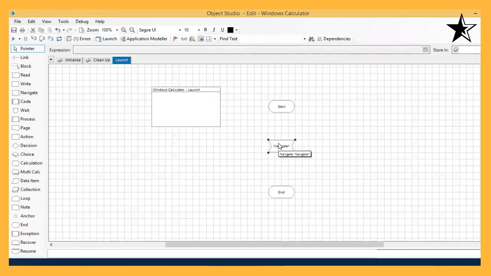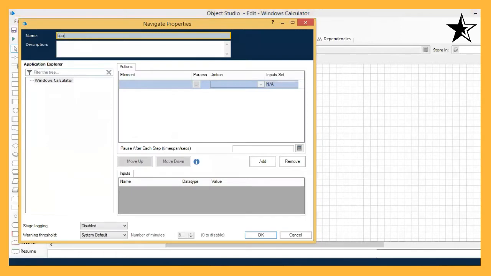The navigate stage is generally used for launching the application, for clicking, and for sending keystrokes. I name the stage and open its properties, and name it Launch the calculator.